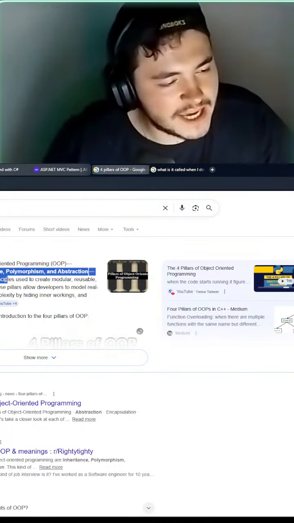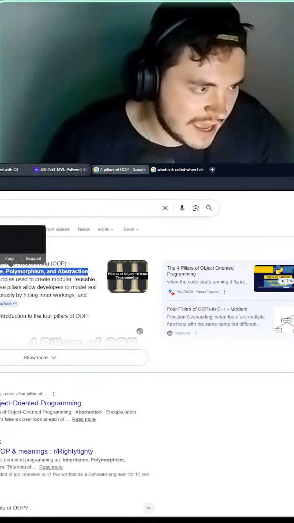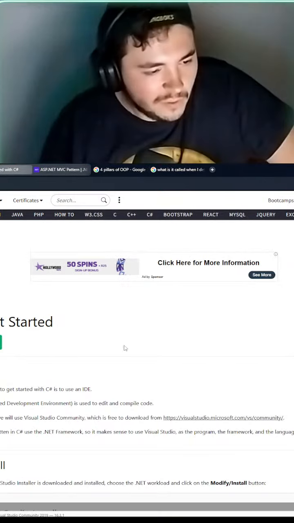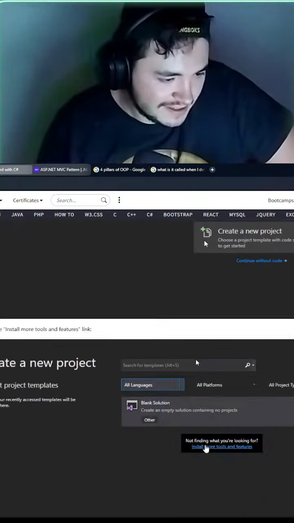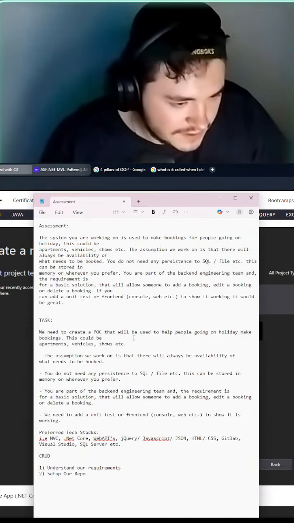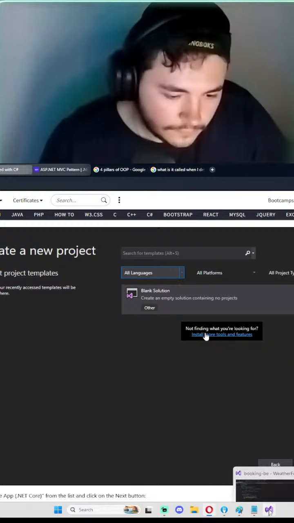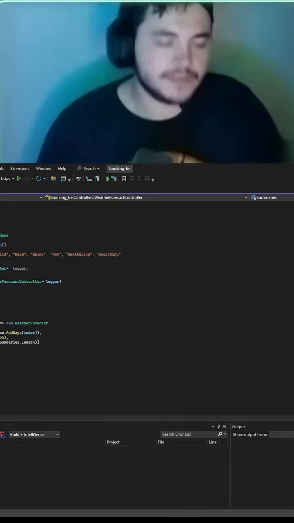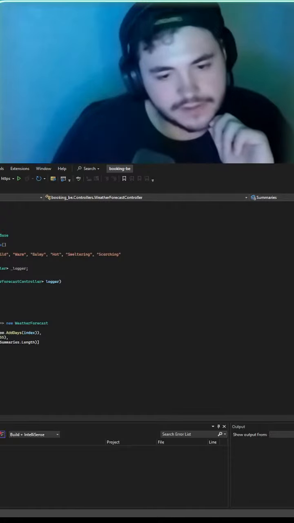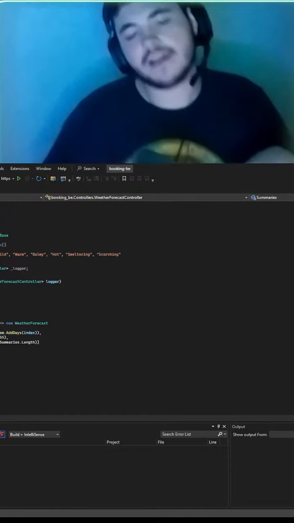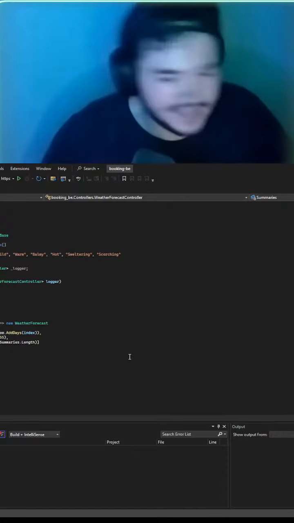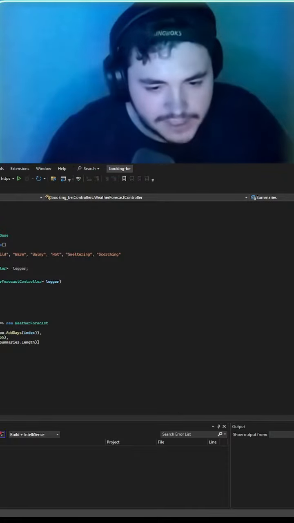So we have encapsulation, inheritance, polymorphism, and abstraction. I genuinely cannot remember why I was going on this explanation, but let's get back into the problem at hand, right? I think last time we stopped off, we were looking at what these different things mean. So I think we went on controllers, and then I went on to explain what a class was, and then I went into pillars of object-oriented programming.